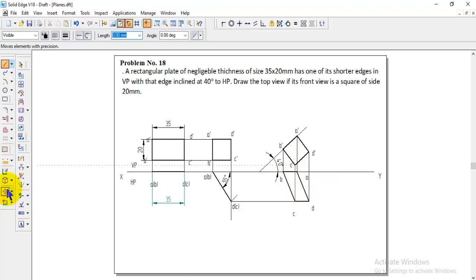Okay, before going to the printout, you can check the namings, whether they are overlapping or away from the respective position. So you can keep them in proper positions and then take the printout. Okay, now everything is finished. All conditions are satisfied.